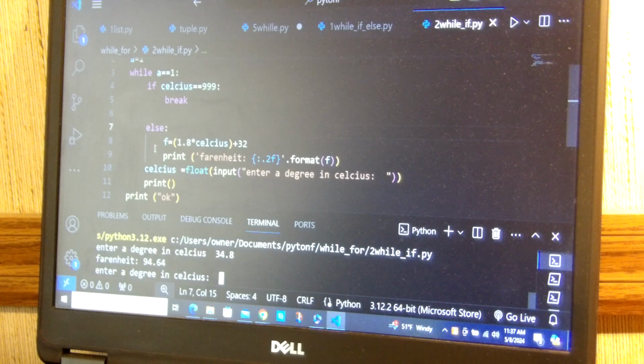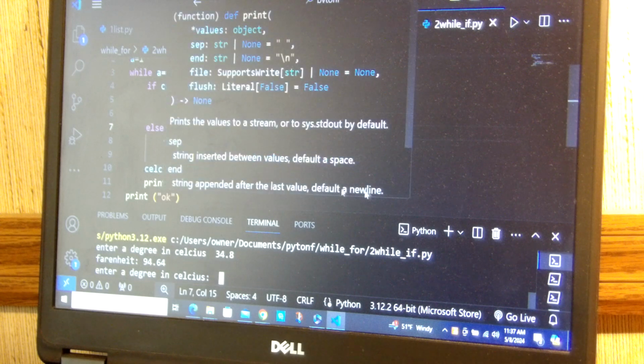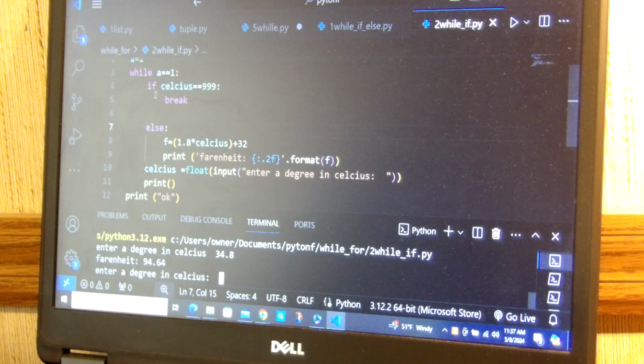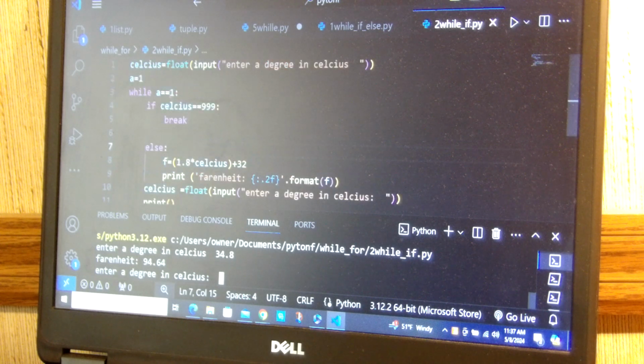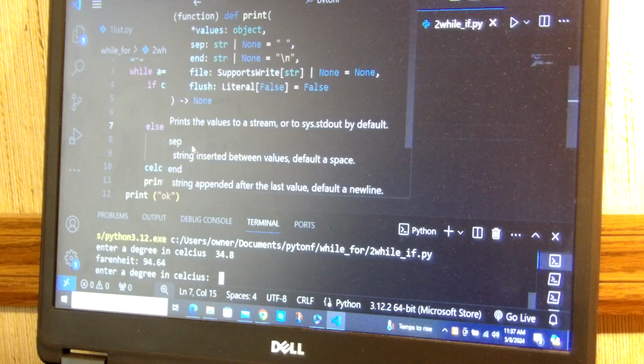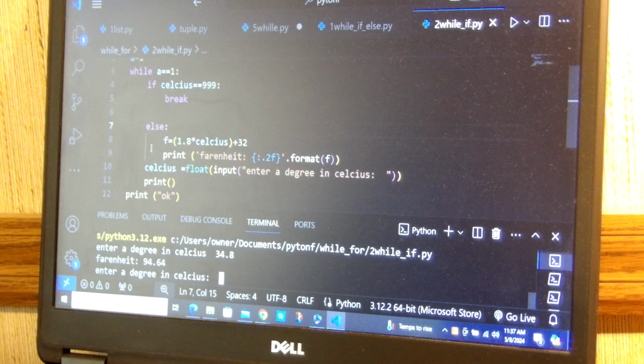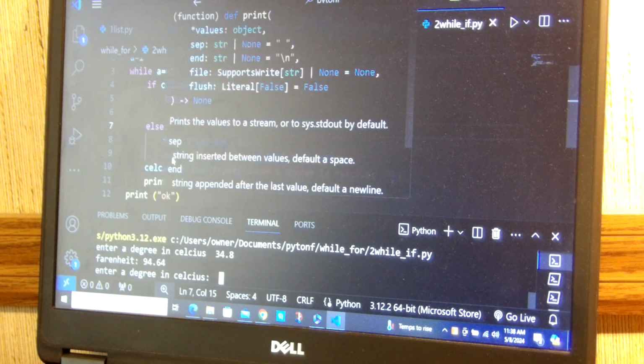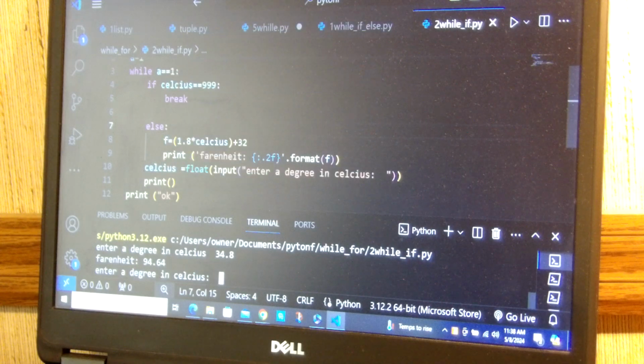But be careful about the condition here, they put after a while. This is the loop here, it does the loop. And it says if the number we entered, the degree in Celsius, is 999, it's going to terminate, and if not, it's going to compute the Fahrenheit. The formula for Fahrenheit is 1.8 times Celsius plus 32. Okay, and then here we can even write